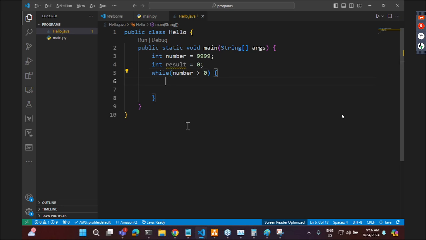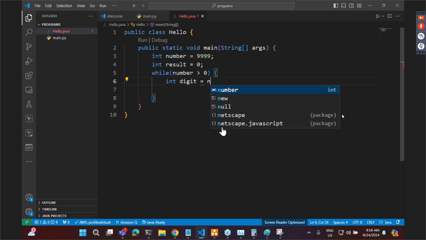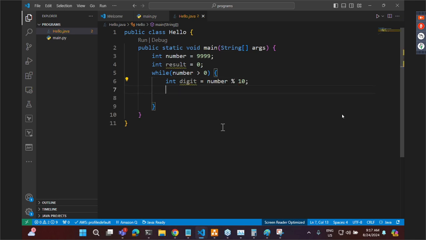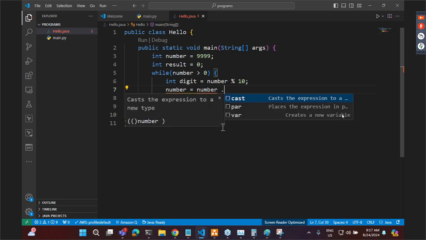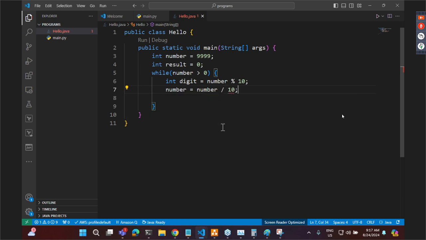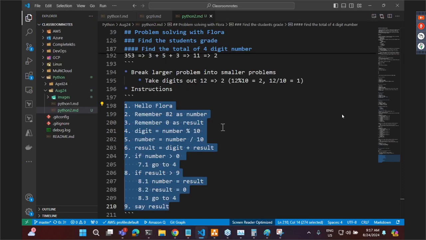So inside this, int digit is equal to number percentage 10. Okay, now number is equal to number by 10, and after that